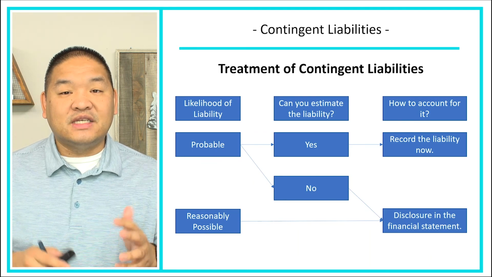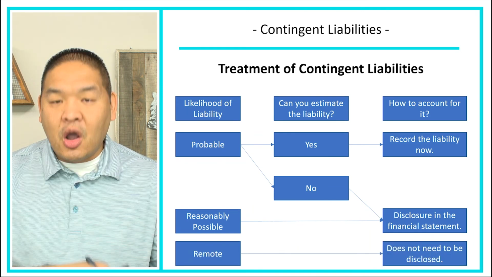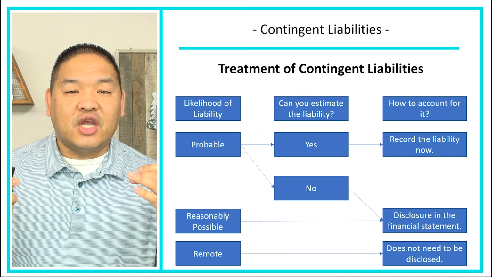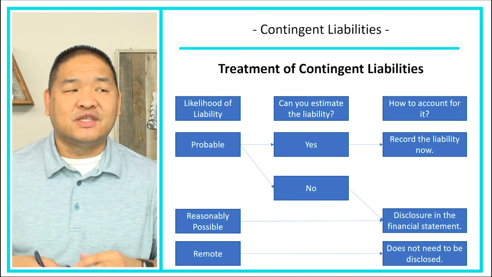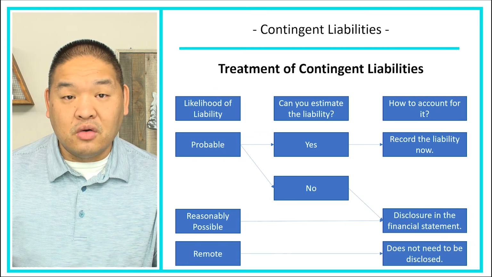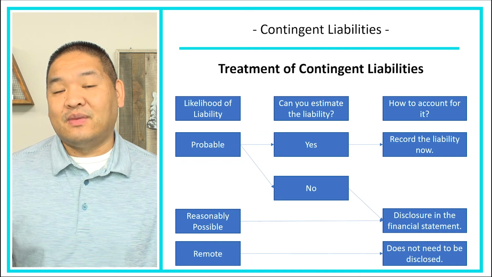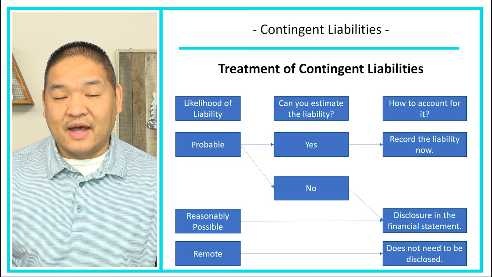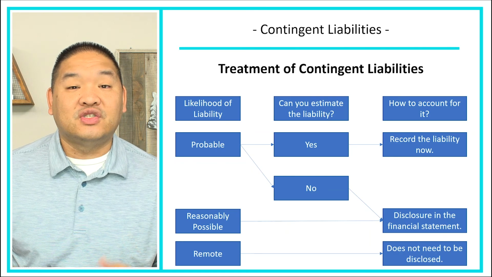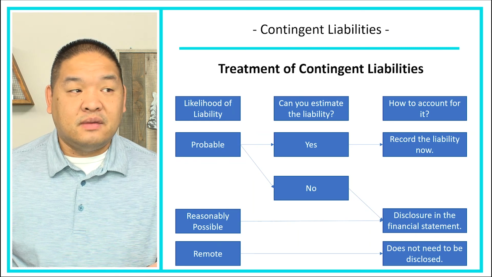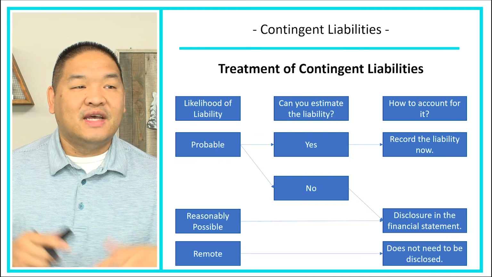And then the last kind of situation of the likelihood that a liability would occur is that there is a remote chance. So for instance, what is the chance of someone tripping over, let's say, the door frame when they walk into our business? Well, it's probably at a remote level, and so we're not going to accrue an expense for a possibility that someone's going to trip and then we're going to have to pay $100,000. So in that case, we don't disclose anything because we really don't have enough information to say that we're going to owe something. And for all we know, nobody's ever going to trip on the doorway into our business, and so we would never be